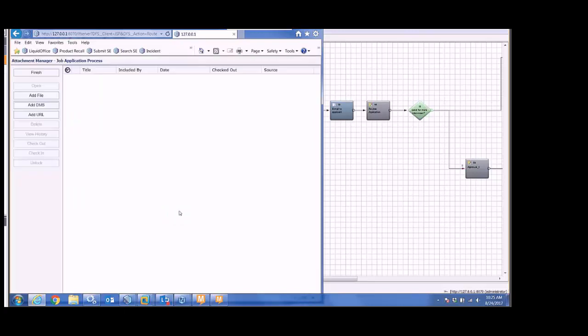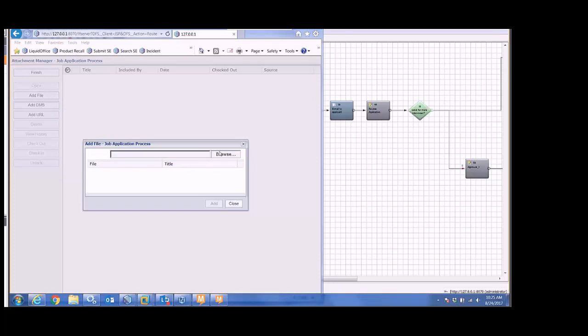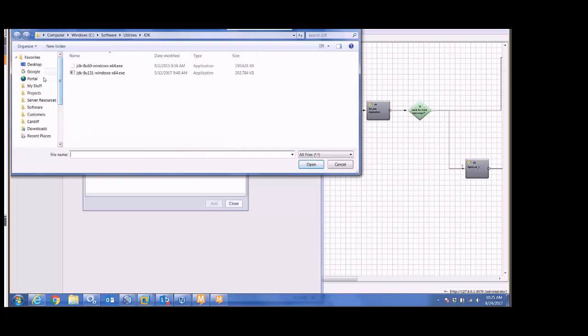We can also attach documents. So if I want to attach a document, I can attach a document from the file system. We also have connectivity to document management systems. So if you're using Content Server or other document management systems, we can go in, navigate that document management system, and attach the document itself or a link to that document. In this case, as a job application, I'm going to go through and find my